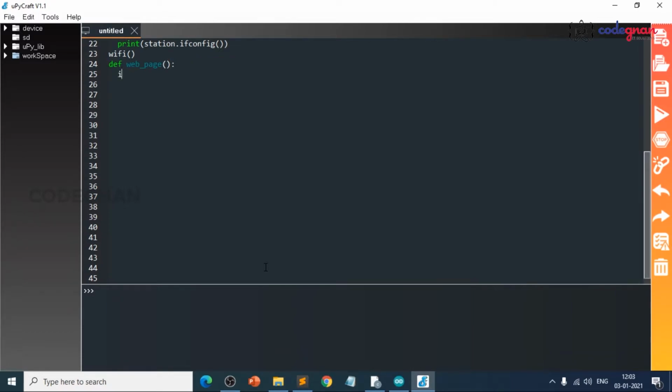Now if relay.value equals to 1, then relay underscore state equals to empty string, else relay underscore state equals to checked.